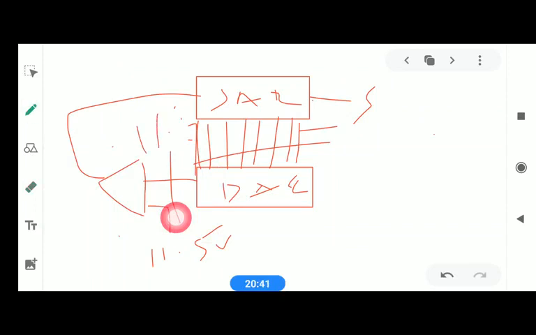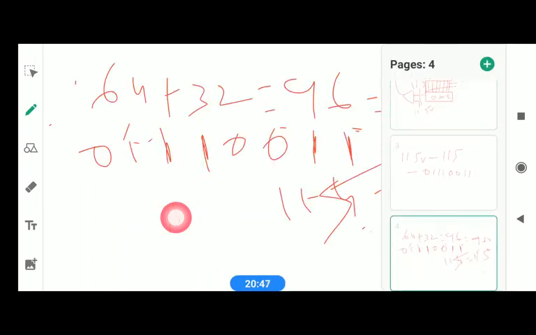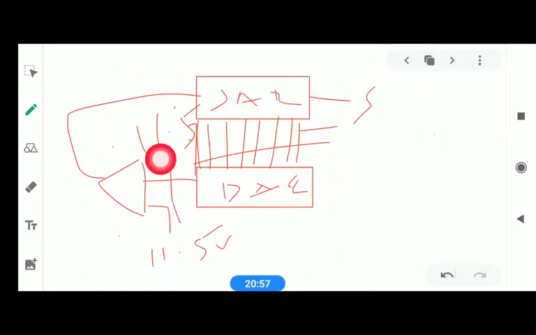So when you get this 11.5, our digital input to the DAC is 0111011. When both are equal, whatever the value we are giving at the input of the DAC is our digital output,